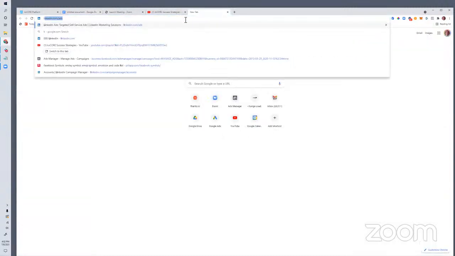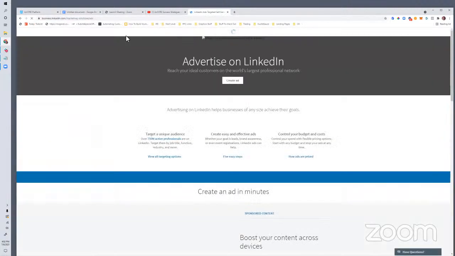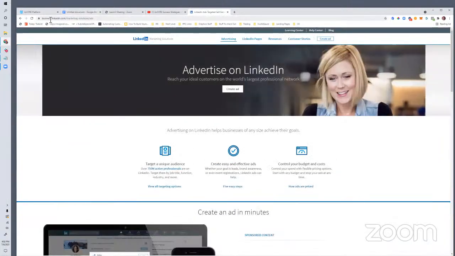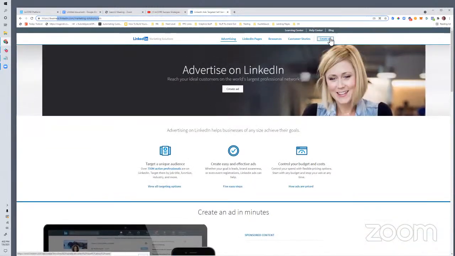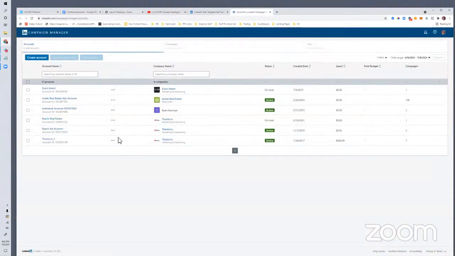I'm going to go to linkedin.com/ads. That's the link that you'll go to, and they'll take you to this business account. I've already had an account, so I don't know if it's going to look the same for you, but you might have to create the account. I'm going to click create ad. When I do that, I'll be able to see any previous ads that I've run, but I'm actually going to create a new account here